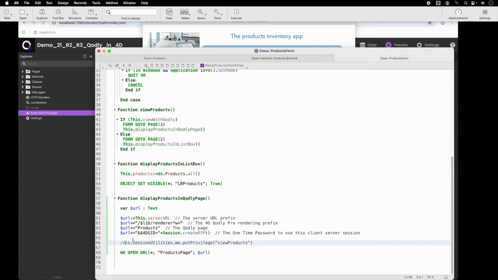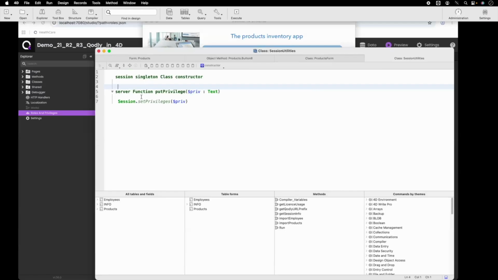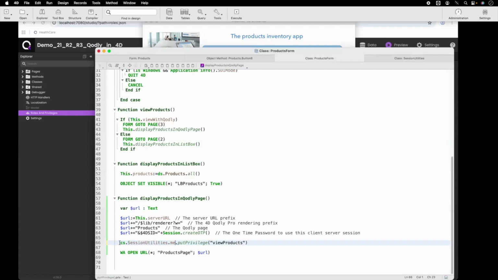Now I am going to uncomment the line, and we are going to put this privilege in the session. So to do this, I have a session utilities class. It is a singleton with a set privilege function. This function receives a privilege as parameter and adds it in the session. So the singleton is created here on the client, and then we call this function passing the View Products privilege